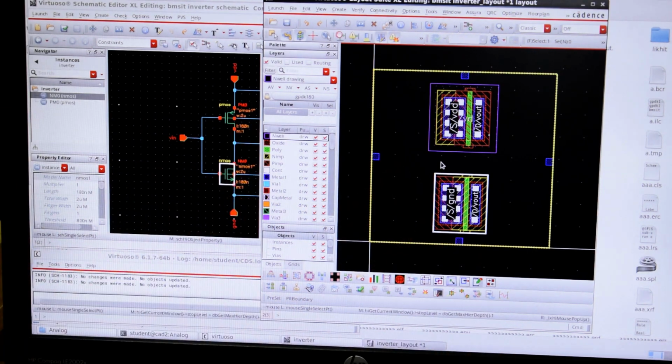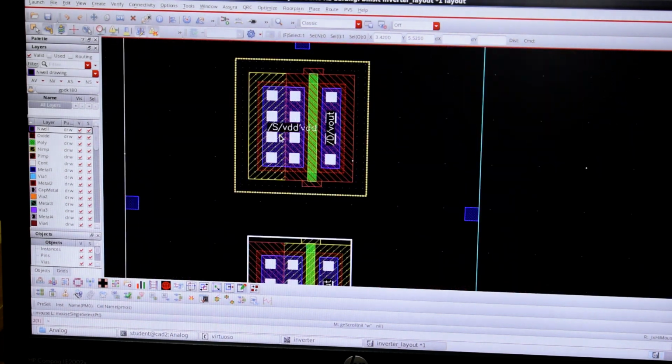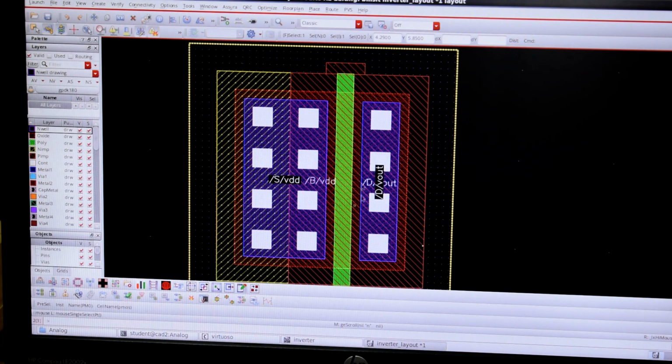Shift+F will give you the internals of your layout, all the components. If you zoom in, you can see this. As I took the text label, these components are automatically coming: source VDD, body also VDD, and it is showing the drain should be connected to Vout.